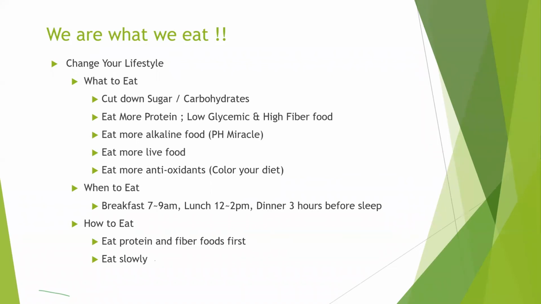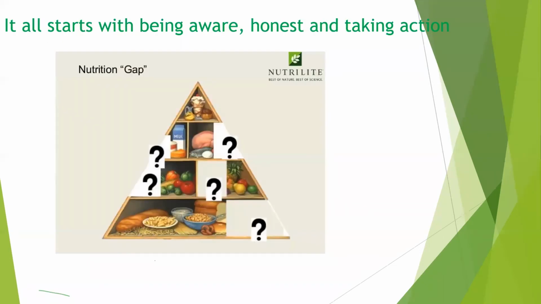Otherwise, there are experiments which show that sugar works almost like drugs. It triggers messages in our brain which say give me more, and we eat more, and we do not actually need that much food. It's very important to eat protein and fiber food first, and eat very slowly. Chew food 32 times. Our old proverb says, eat slow and chew more. So this, I would say, is a very important guideline: change your lifestyle.